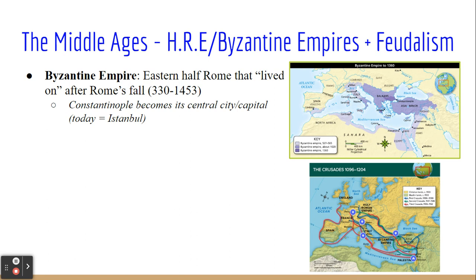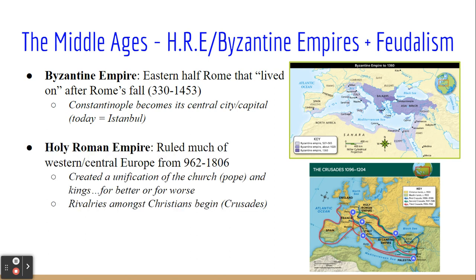And the eastern half actually continued on as a very influential empire from the years 330 to 1453, highlighted by the success of the city of Constantinople, which, if you look real close south of the Black Sea, is located in what you might know as the country of Turkey today. And Constantinople is actually what ends up turning into the city of Istanbul, which you could visit today if you wanted to.